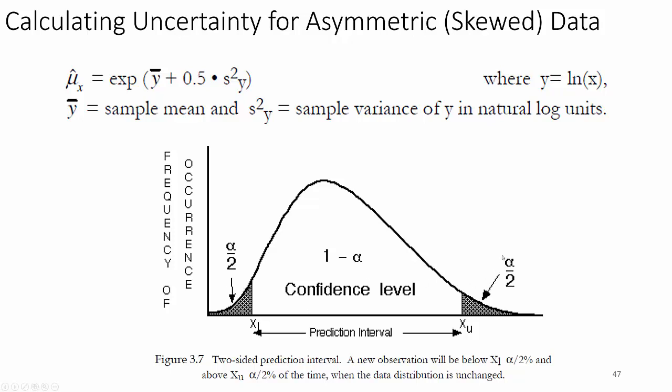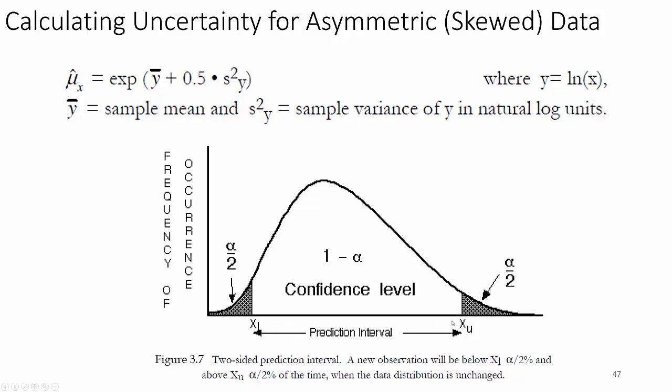So we have alpha over 2 here, alpha over 2 here. Now what does that mean? That means if you want to be 90% confident, then this is 5% of the data over here, and this is 5% of the data over here, alpha over 2, because we have 90% of the data here, 1 minus alpha. That's the 90% confidence interval. If you want to be 95% confident, then each of these are 2.5% of all the observations, 2.5% here, 2.5% here. That's why we divide alpha by 2 when we want to know what the two-tailed t confidence interval is. We're simply asking what are the data between the lines under this curve